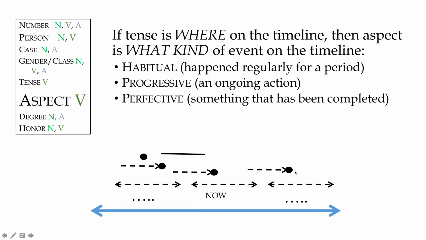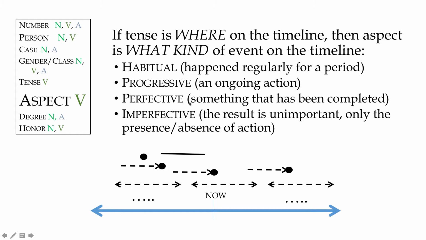So working on the homework, and that will come to a completion point. Imperfective is a little bit like progressive. A language probably won't use both. Progressive emphasizes the ongoingness of an action, like in English, I am walking right now, or I am studying at this moment. Where imperfective would be just an action existed, and the presence of the action is more important to me than its ongoingness or than its completion.